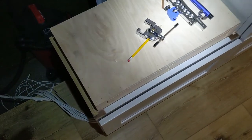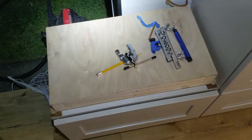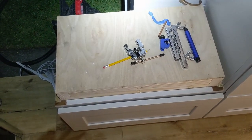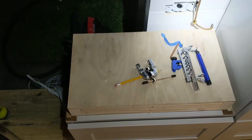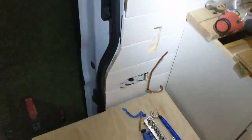Hey guys, okay, so my box is complete with the 2x4s and the 1/2 inch. Just got some 1/2 inch regular ply on this. I think it's Luan ply. I had to notch this wall out because the wall does come in, and for the Camp Chef,